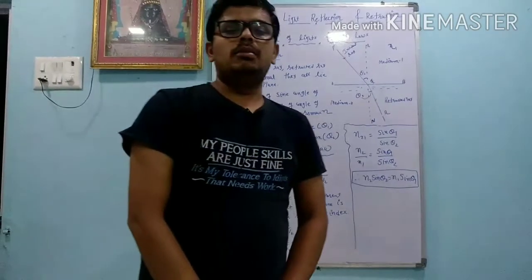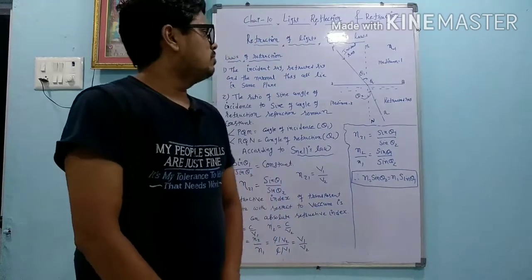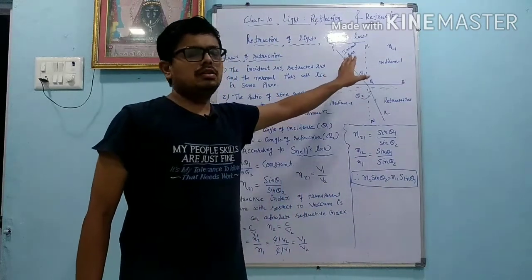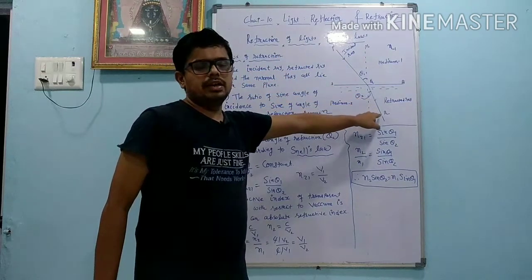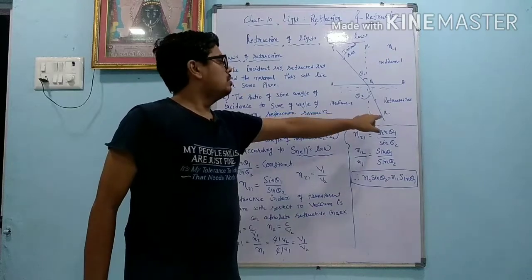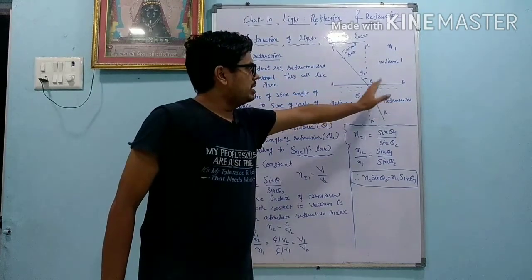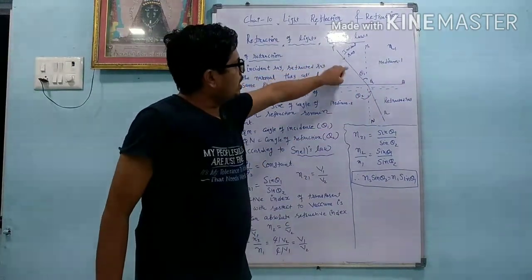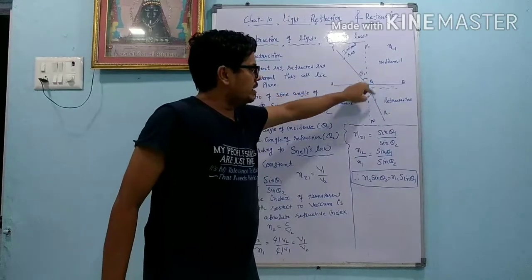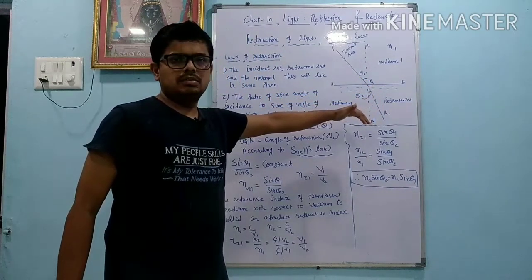Hello student, we will learn about the refraction of light and its laws. So first we will understand what is called refraction. When the ray of light passes from one medium to another medium, it changes the direction, that is called refraction. Means if PQ is the incident ray, it will not go straight but it changes the direction. When the ray of light passes from the rarer medium to the denser medium, it goes nearer to the normal.